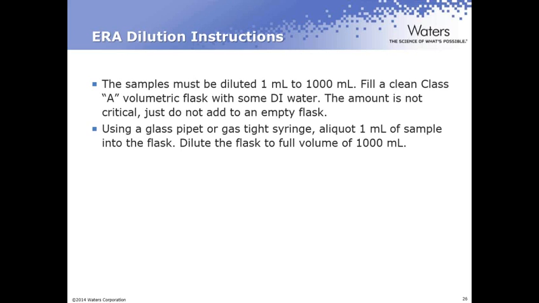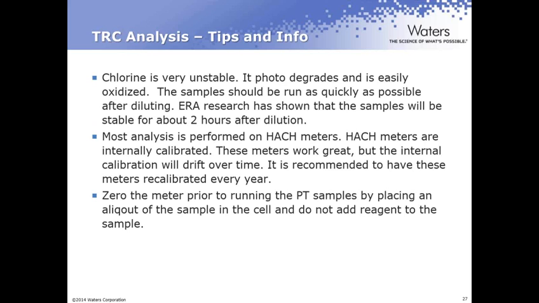Okay? So in diluting the sample, you can use either a Class A glass pipette or a gas-tight syringe. Either will work perfectly fine in diluting up that sample. You want to aliquot 1 milliliter of that sample into the flask and then dilute the flask to your final volume of 1,000 milliliters. Make sure that you shake that sample up real well. Again, good lab practice. And my recommendation is to mix that sample at least 3 times before you take your